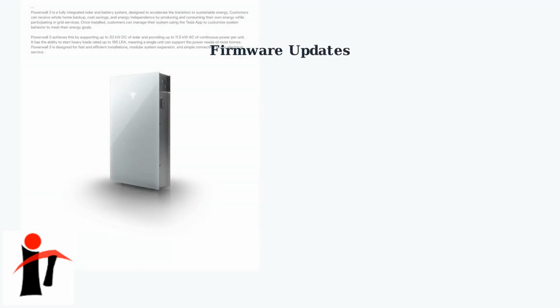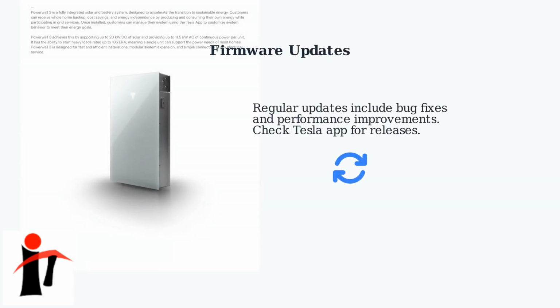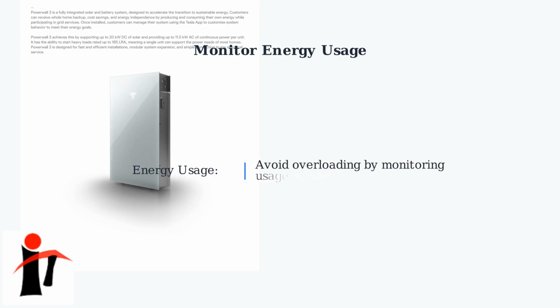Keep your Powerwall 3 running smoothly by ensuring regular firmware updates. These updates often include critical bug fixes and performance improvements, such as reducing outage rates by 40%. Check the Tesla app frequently for new releases. Additionally, monitor your energy usage to avoid overloading the system. Tesla's AI optimizations improve efficiency by 15%,